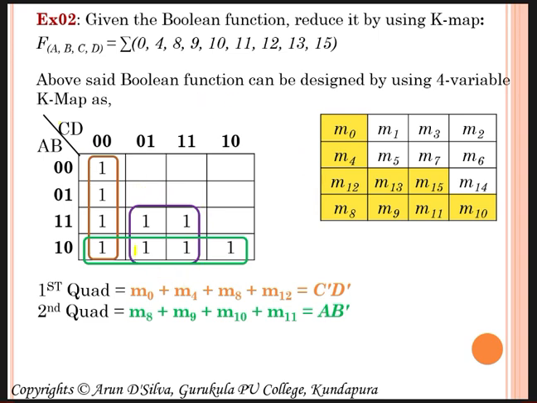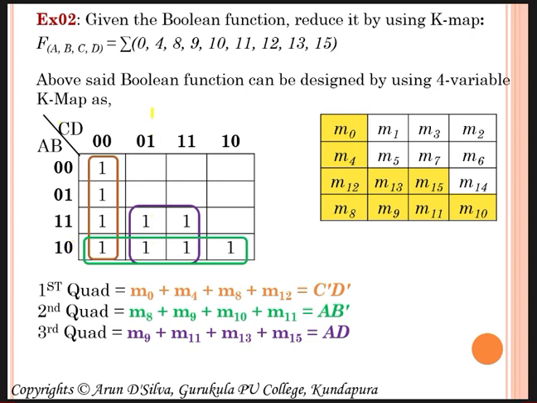Now this quad, how to generate the minimized term? This quad consists of M9, M11, M13 and M15 min terms. Now if you see here, this is involved in two rows. These four min terms are involved in this row and this row. In this row A value is 1 and in this row A value is 1. So that means A value remains the same, so we have to consider A. And B value 1 and 0, that is, B value changes. So B value we should not take.